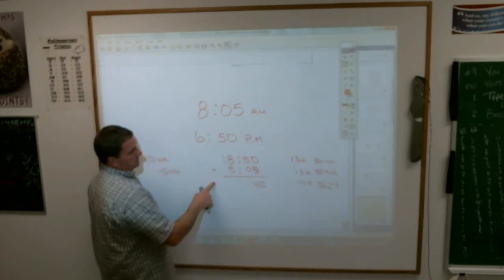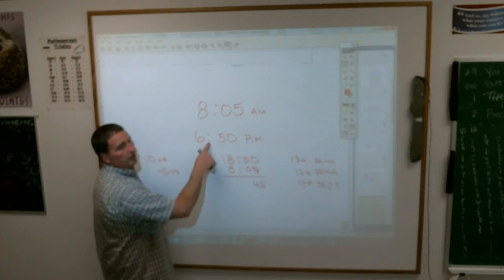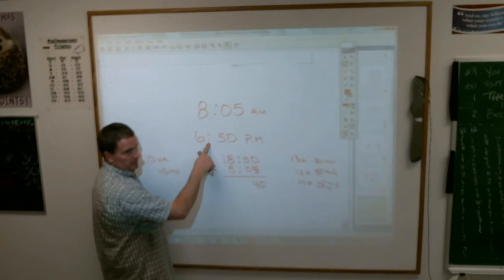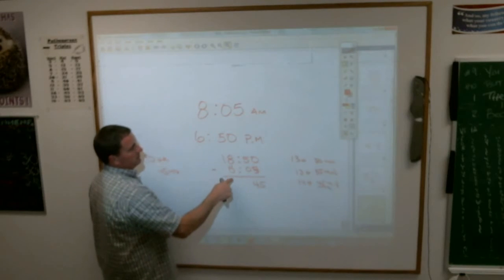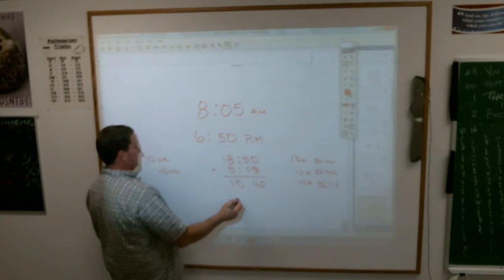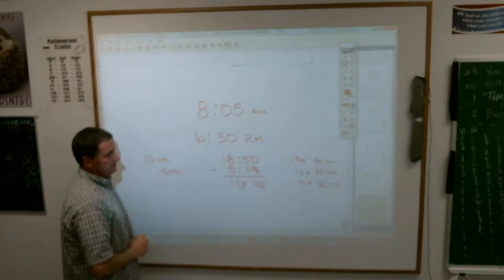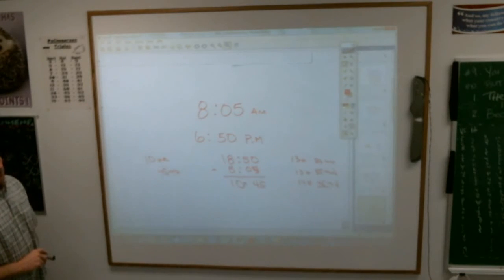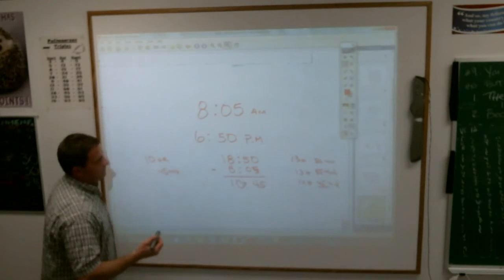We should take the bigger number and turn it into military time. Right. No, the later number, not the bigger number, the later number. 18 minus 8 is 10 hours, 45 minutes. I started to do that, but now going the other way,